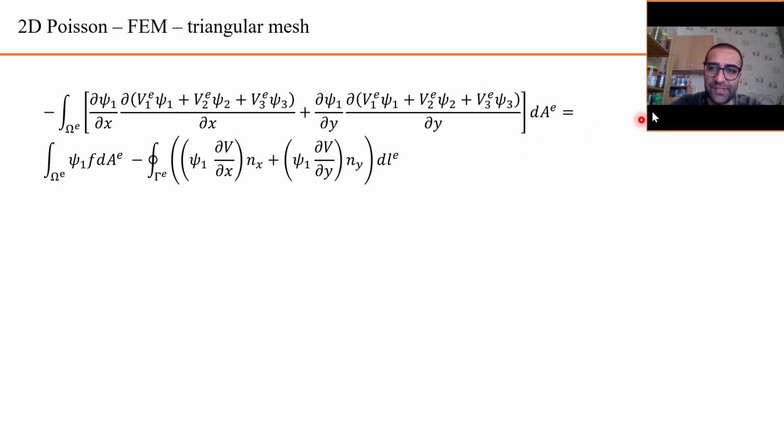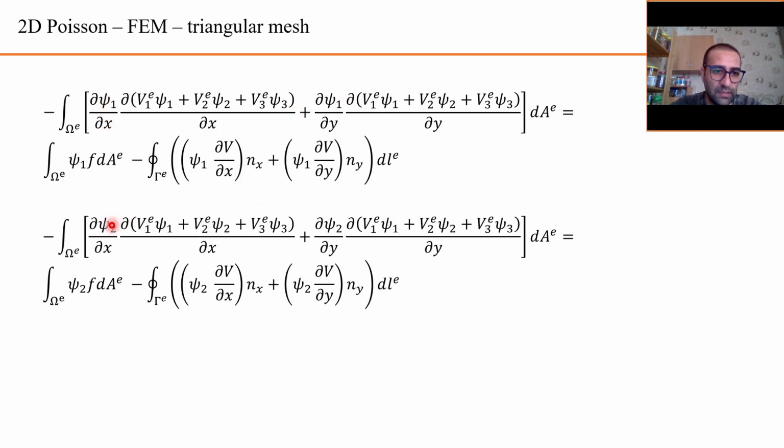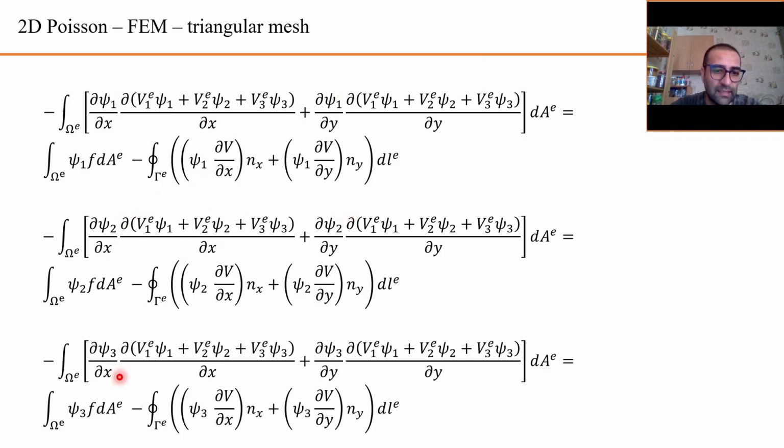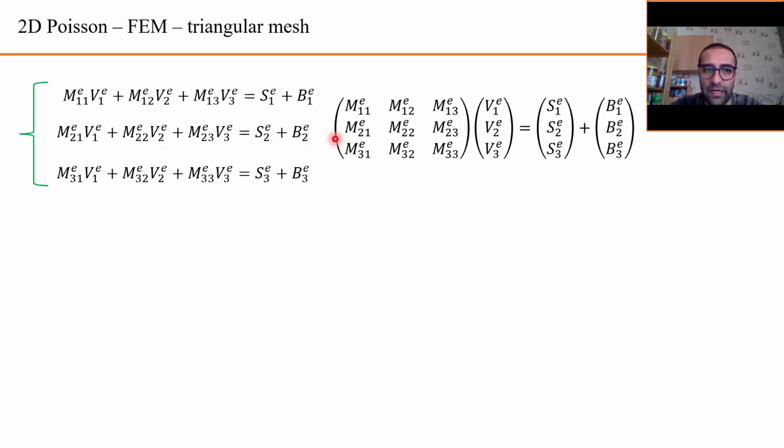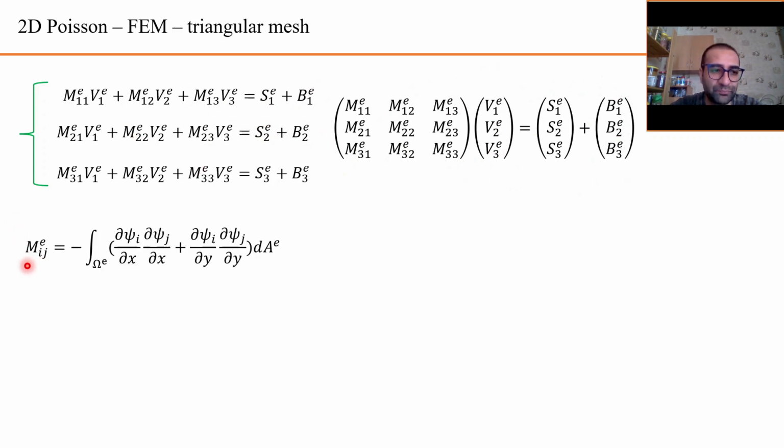Now that we have three nodes and three shape functions, we wrote this previous equation for all three shape functions: psi 1, psi 2 here and here, and psi 3. Now we have a system of equations, and we saw that we can easily simplify its notation. We can write the same system of equations like this. And again, we can write this system of equations in a matrix representation like this, where in this definition the